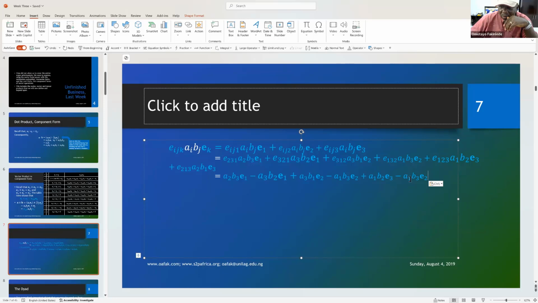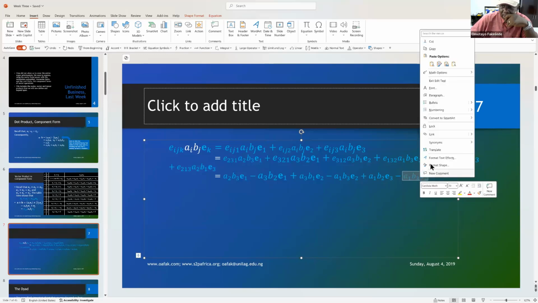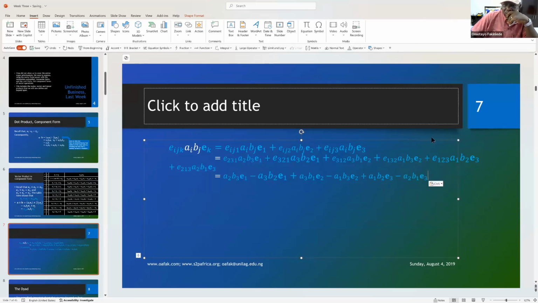A, 1, 2, 3. So it will be A2, 2, 1, 3. A2, B1, A3. It's A2, B1. It's A1, B2, A3 minus A2, B1, A3. So if you like, you can write this now as you can have this one as equal to